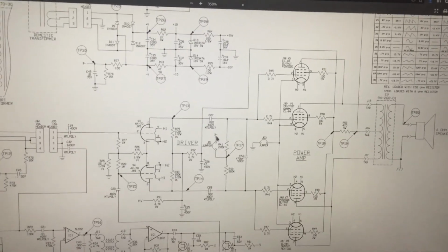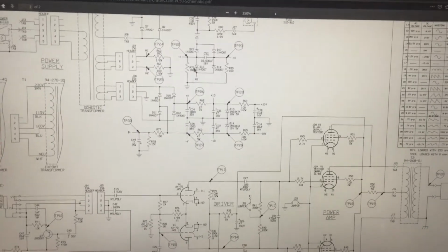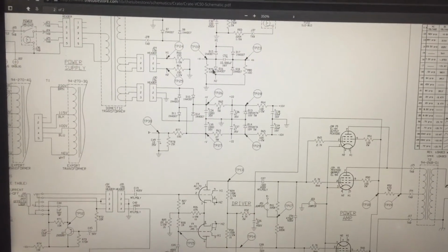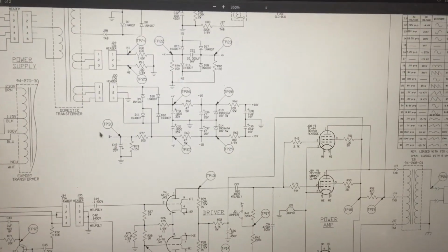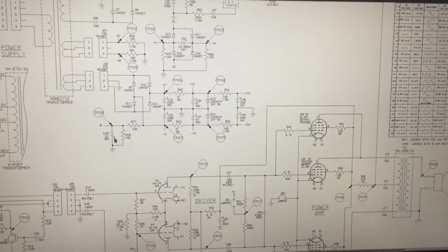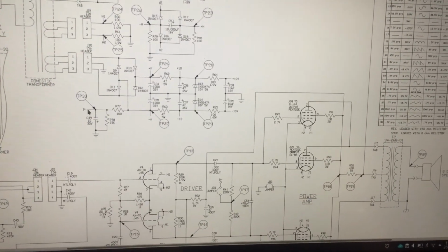Now, B minus will connect to part of the power supply. So I'm going to scroll up a little bit, and we can see this is very typically not found in a vintage valve amp, an unorthodox power supply. In a vintage valve amp, you'll have your diode rectification, whether it's tube or solid state, and then your filter caps, and then your nodes coming off the filter caps. So looking here, I found B minus sitting right here, and if you look, this is ground, and the positive side of this 35 volt 10 microfarad cap is going to ground, which tells us the negative side is going to